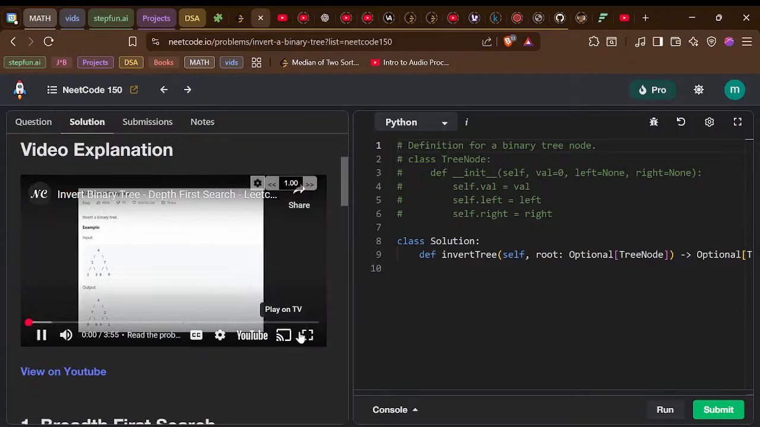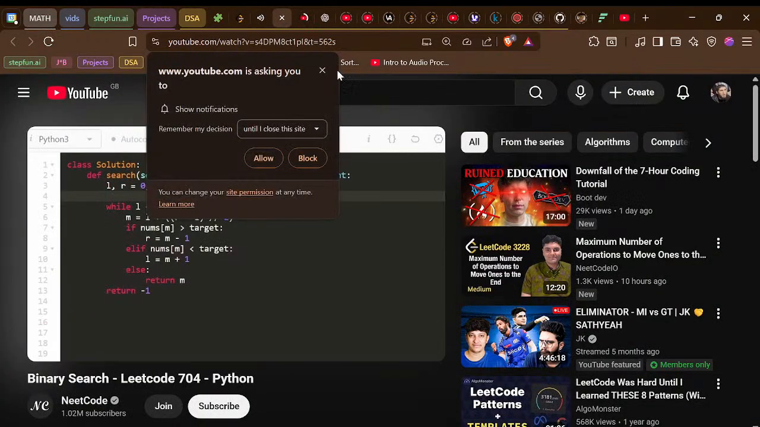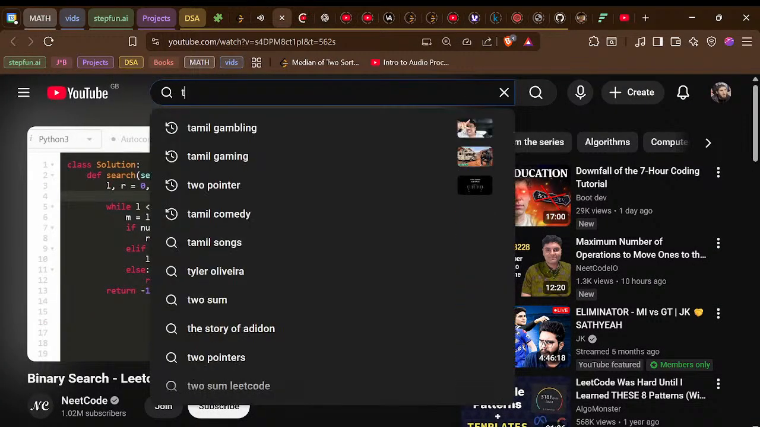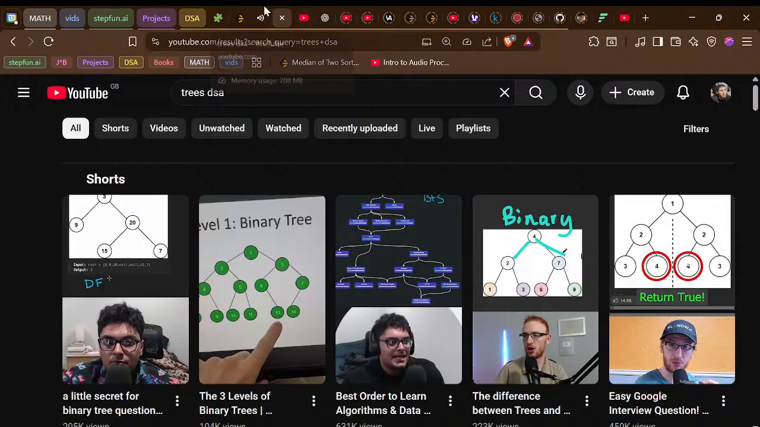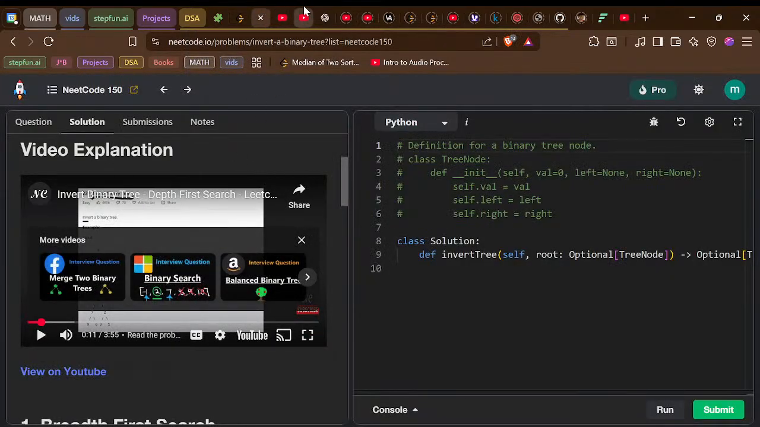Hey everyone, welcome back, and let's write some more neat code today. So today let's solve a pretty easy and popular question: invert binary search tree. So all they tell us to do is invert a